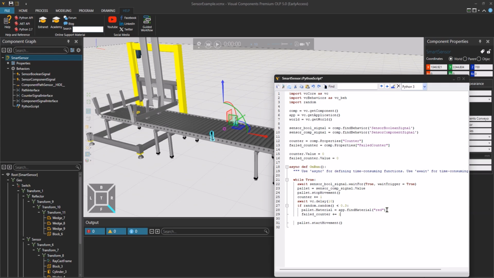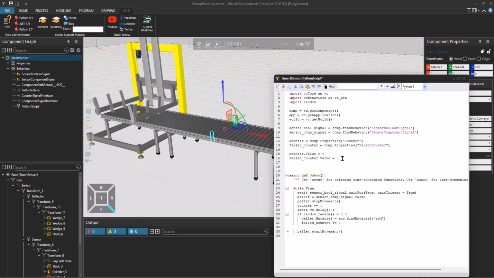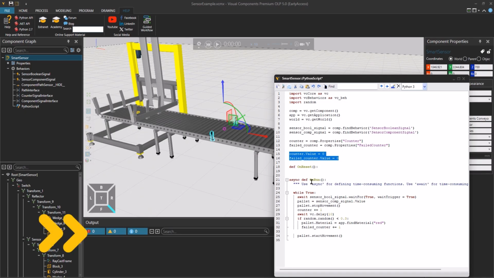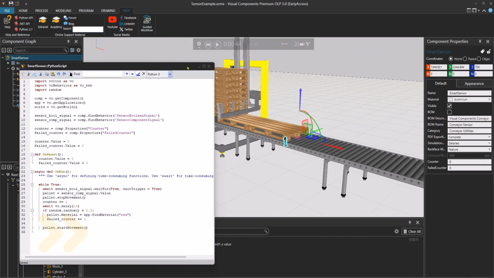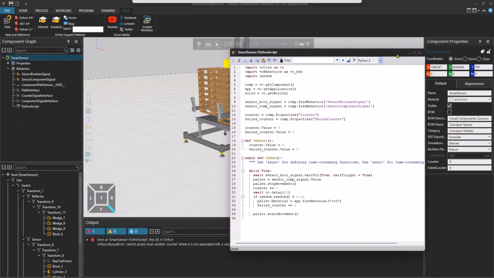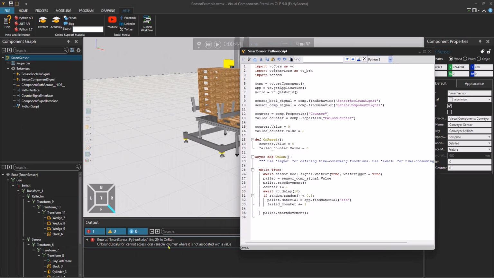Let's also add an additional feature that when we reset the simulation, we want that the counter values will be reset as well. For that, let's use def on_reset event handler. Now we got an output print.